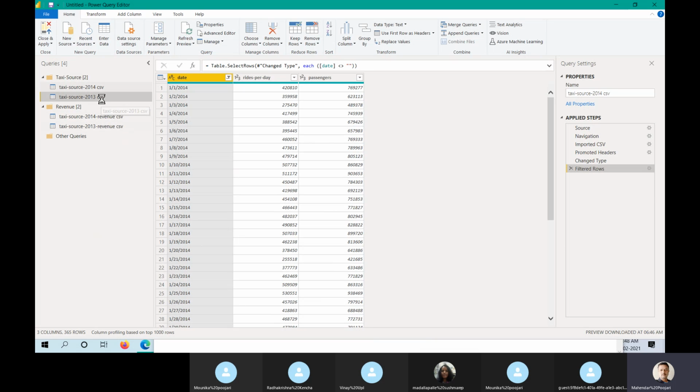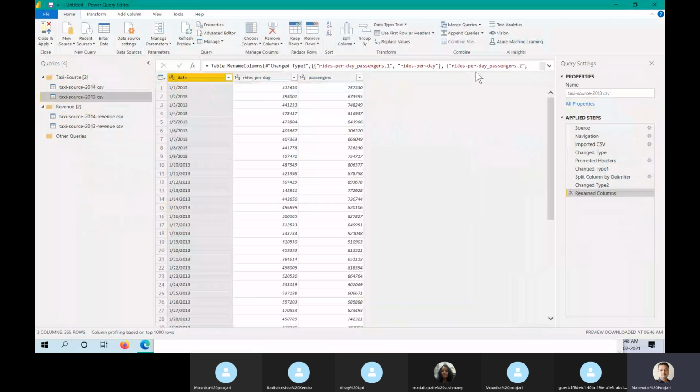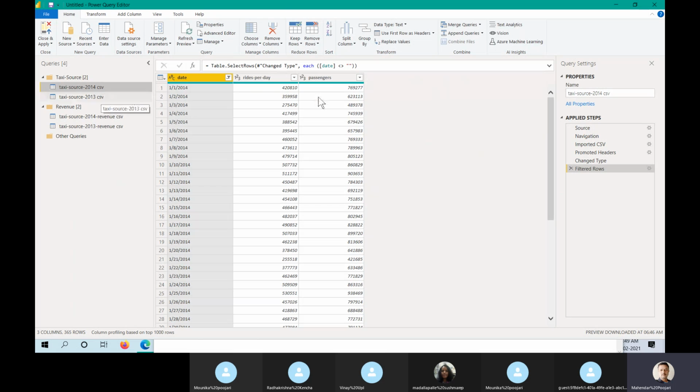Okay, so what I can do here, I can create a new file. What is that? Append query as new. If I use append as new, you use this. If I use this, you use this. So let me use this so that you will understand. Why I'm using it, I'm just taking 2014. In 2014 itself, I'm adding the 2013 file.